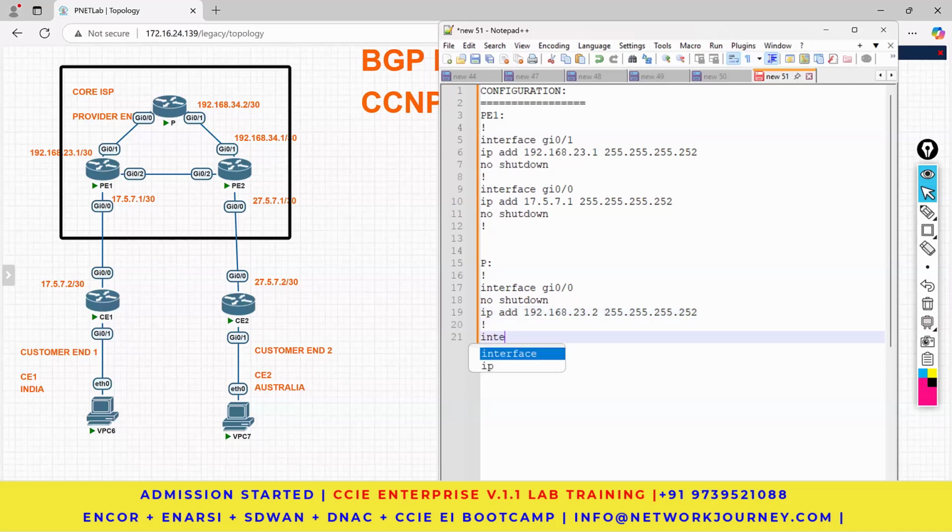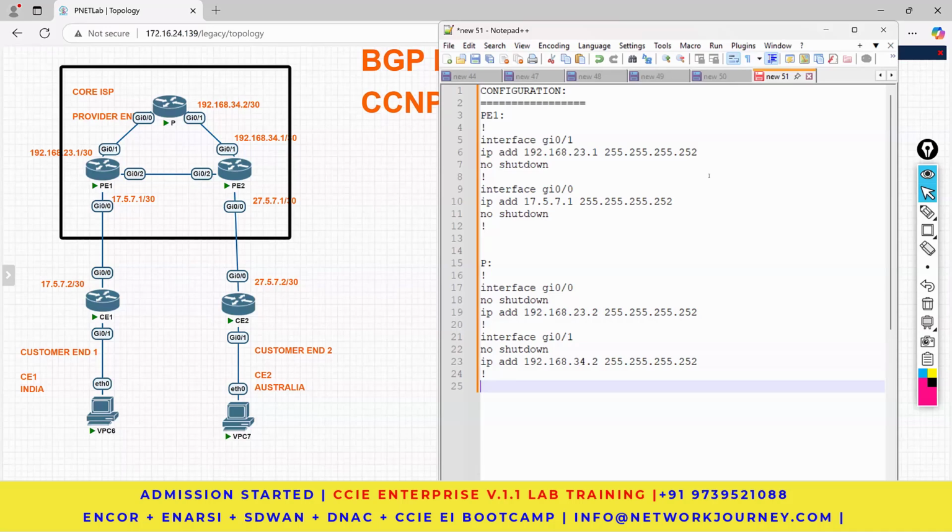Then go to the next one, which is interface gig 0/1, no shutdown. Then IP address configuration 192.168.34.2, 255.255.255.252. 252 is /30, where you have four IPs, two usable, one network IP, one broadcast IP for /30. Then you have PE2